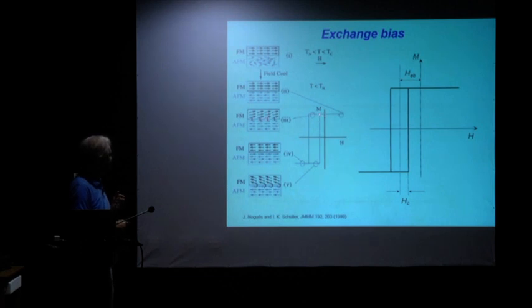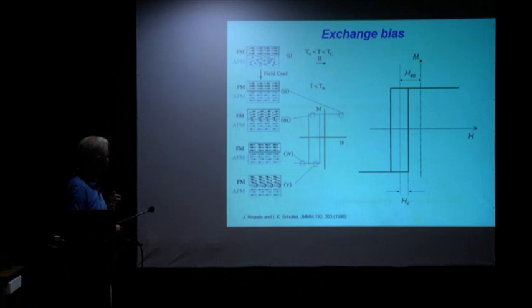What happens is that this layer pins this layer, so these things have difficulties in turning. But eventually, as we increase the field more negatively, they turn around and you come to a certain point. But these are still strongly coupled to one another, so that when we start reducing the field,